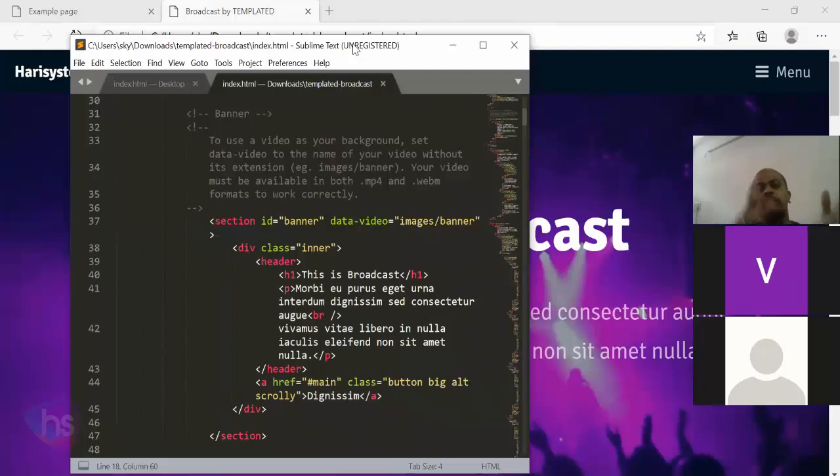What do you want to change? Where it is available in your code, change your text. That's it. You just sit back and relax. Everything will be done by the template itself. See, this is broadcast it is showing. So what I'm doing here, this is Harisystems. Simply save it and reload.